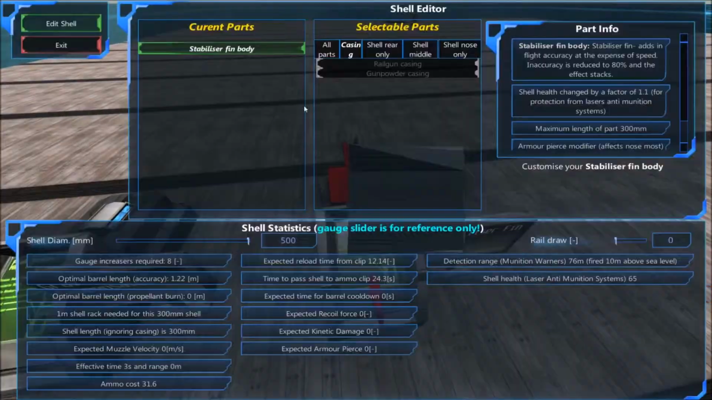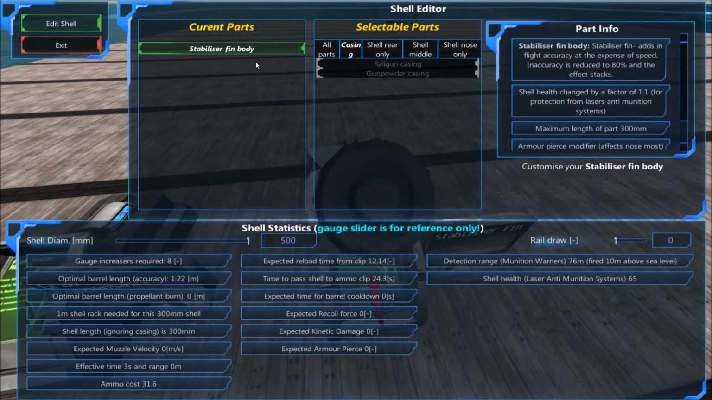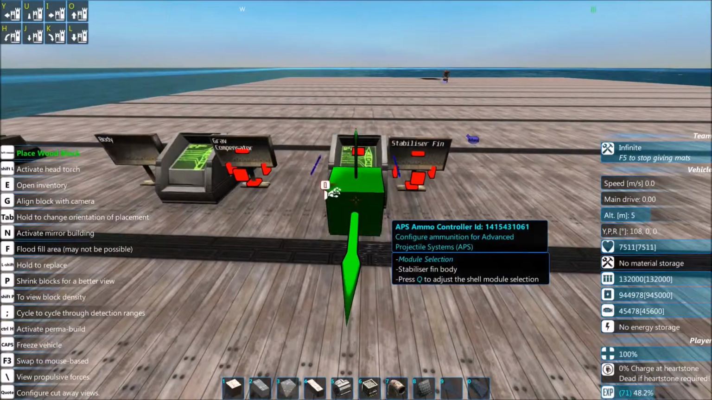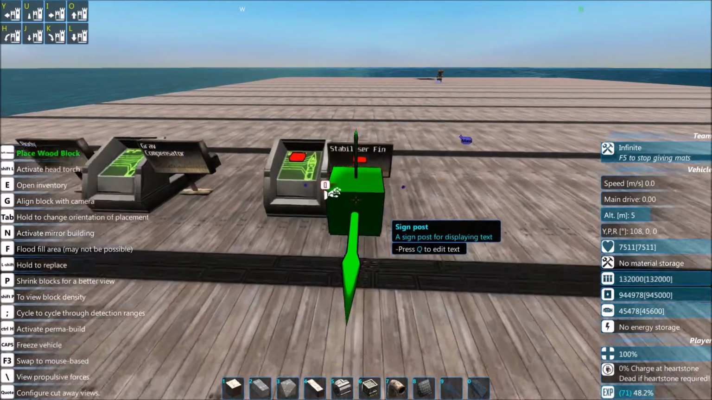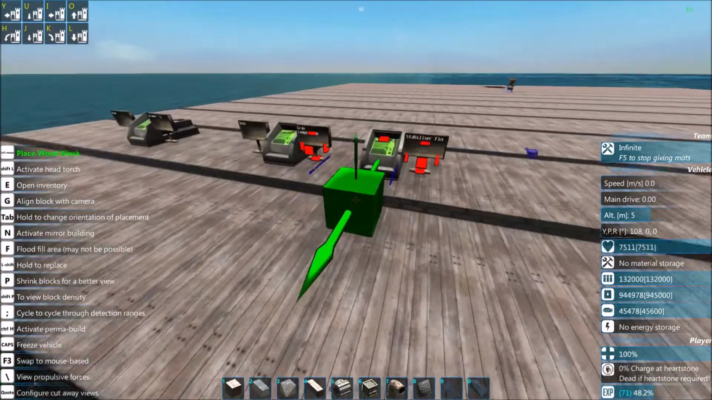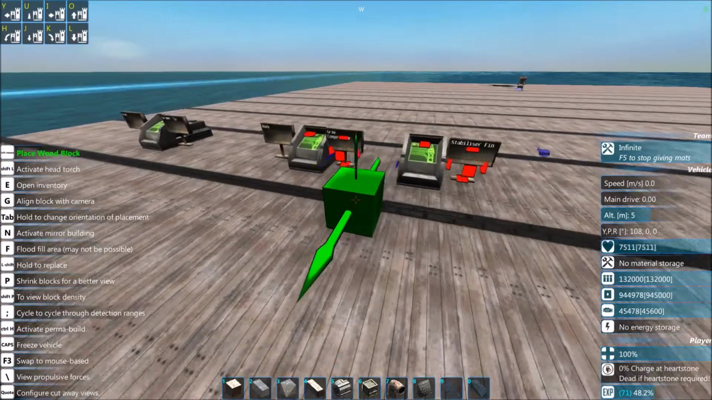The other way you can fix accuracy is just to make your barrels longer. If you use longer barrels, you have higher accuracy, and that's another way of fixing accuracy. And obviously you don't have to compromise your shell in order to do that. Anyway, so that's